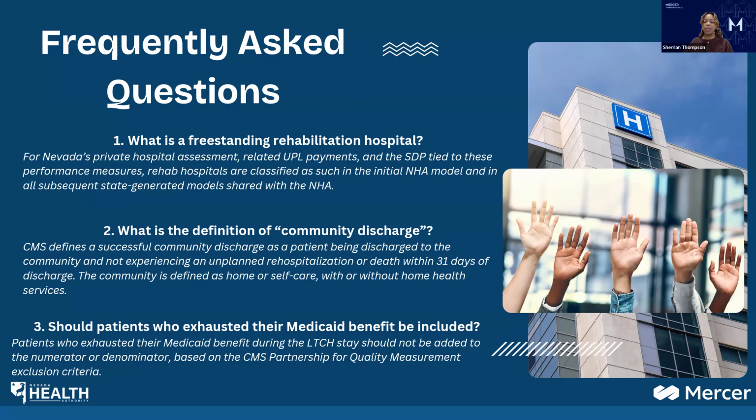Let's see. You're saying if they are going back to a home... I'm just going to make up something. Let's just say a 68-year-old patient that lived in an assisted living community, not a nursing home, but an assisted living community or a personal care setting, like a personal care apartment. Both those types of locations would be considered home because that's where they reside. So yes, you are correct.